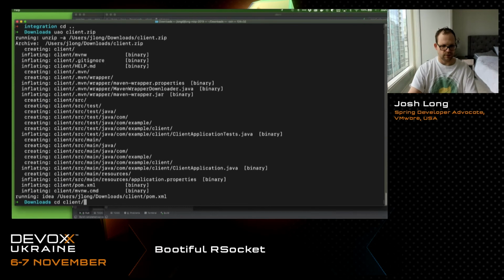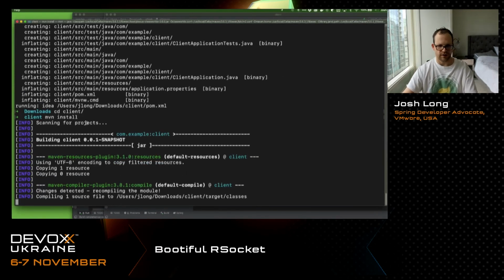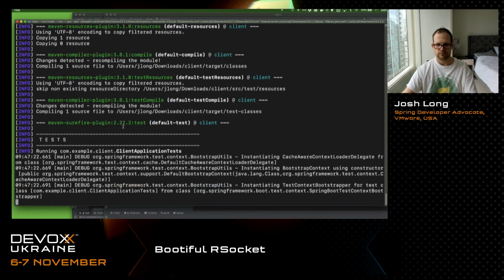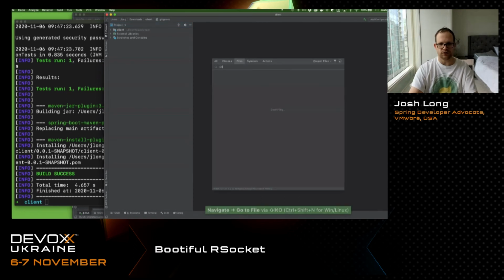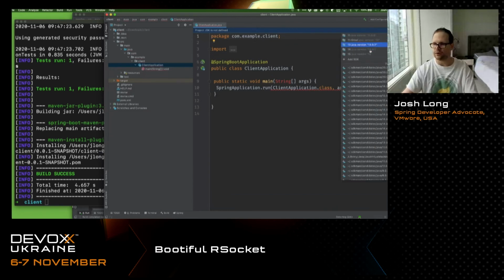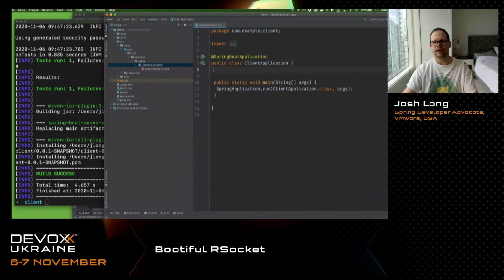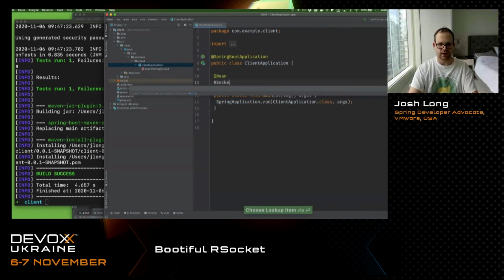cd client, Maven install. Everything's there. Okay, so now we have a client, and what we want to do is talk to our application. So we create an RSocketRequester. This is the native non-blocking reactive client that we can use to talk to that endpoint. So RSocketRequester